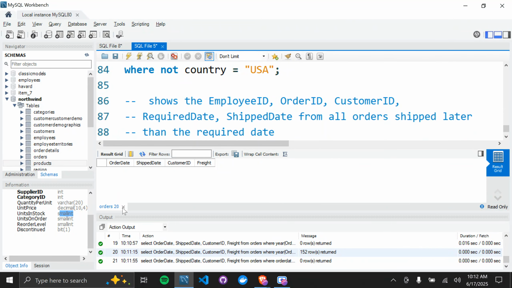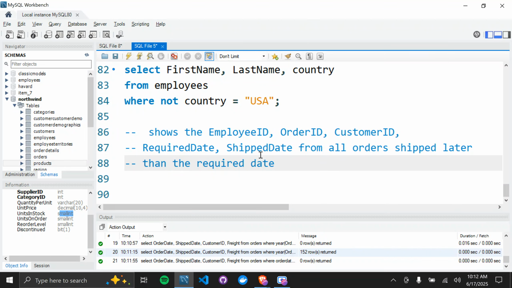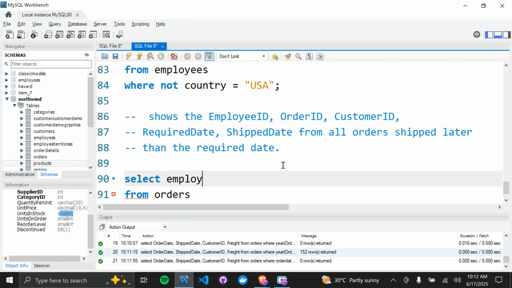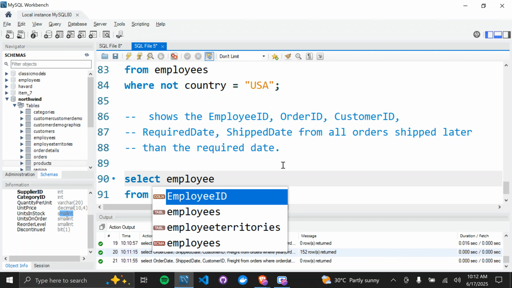So it says we should show all the employee ID, order ID, customer ID, required date, ship date for all orders shipped later than the required date. If it is shipped later than the required date, basically that's what they mean. We come here and we say select, then we go from orders and we say what are we selecting? We are selecting employee ID,